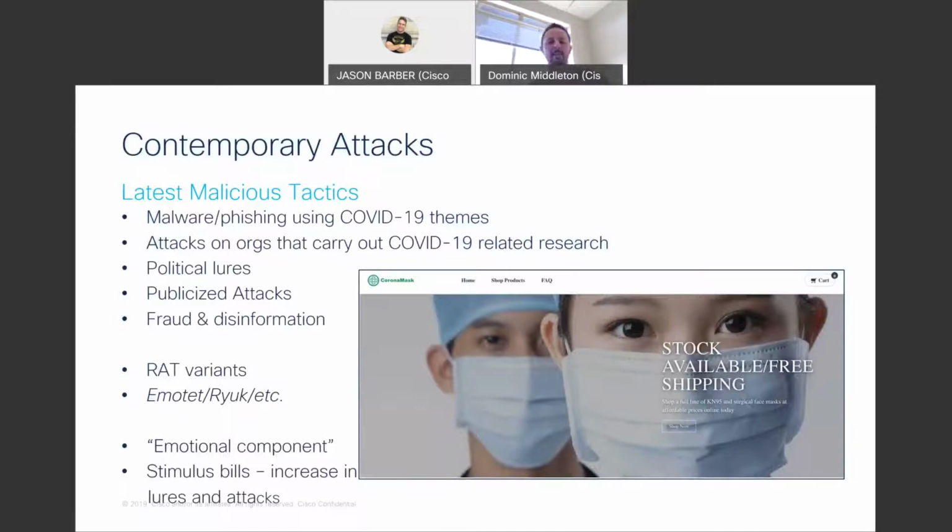So talking about the threat landscape right now, there's a lot of stuff about COVID-19 on here, and I kept that in there because it's easy to help conceptualize what we're talking about. But with the latest attacks that we're seeing, what the bad guys have been doing with COVID is not necessarily creating new types of malware. What they're actually doing is taking, for the most part, existing malware, rebranding it with a COVID paint job, and then sending it back out like they've been doing. And so that happens with COVID.